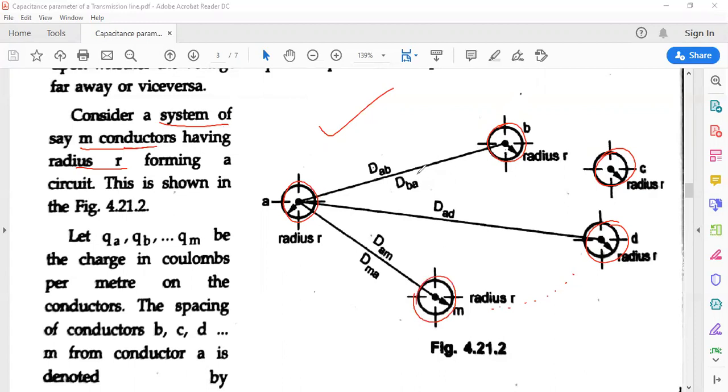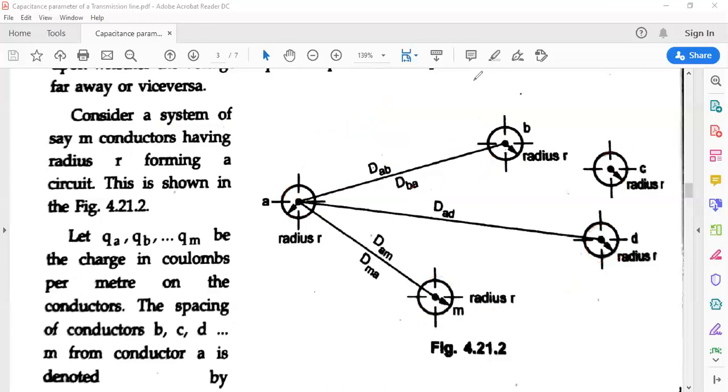So DAB and DBA. A to B, if I'm moving like this, it is DAB. And if I'm moving like this, it would be DBA. It is dependent on the distance. So distance here is said to be a scalar quantity because it is not having any such direction. So only the subscripts are varying here. If I want to measure this distance, it is DBC if I'm moving from B to C. If I'm moving from C to B, it is the other way there. So now again DAC, you can write it here. DAD is here, and DAM and DMA are present there.